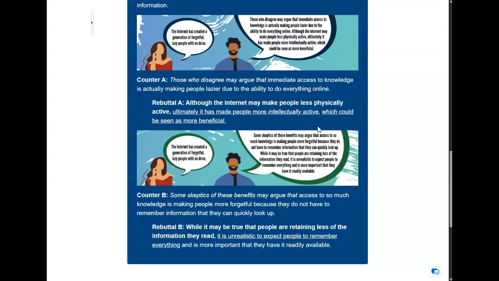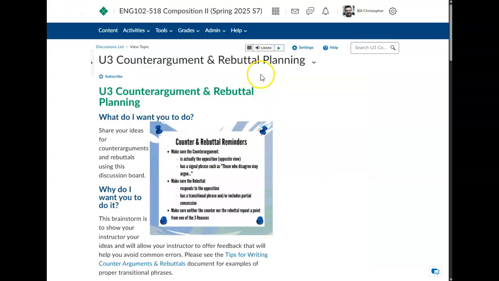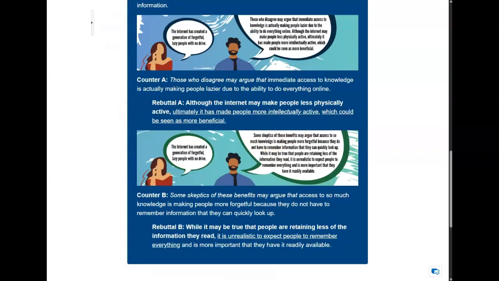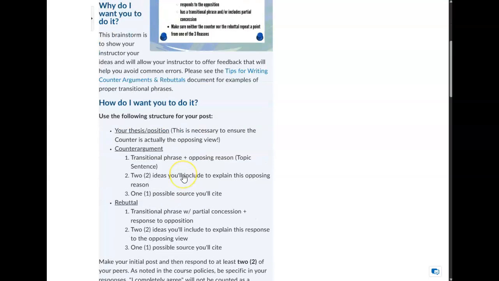Let me take a second to show you the discussion board I originally wanted you to do, and I'm still doing it. And this will make a lot more sense because I put a pretty solid sample in there. So let's take a look at that real quick. So the counter-argument and rebuttal planning discussion board is right here. All of the information you're going to need is here, including the link to the page we just left, this one,